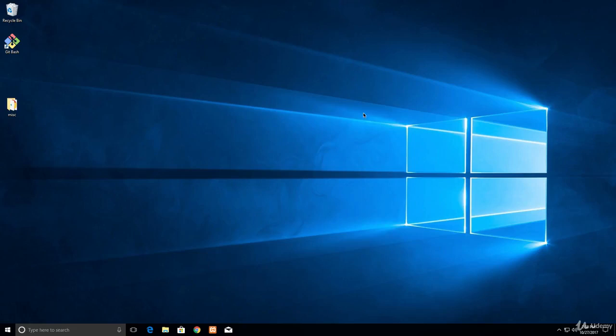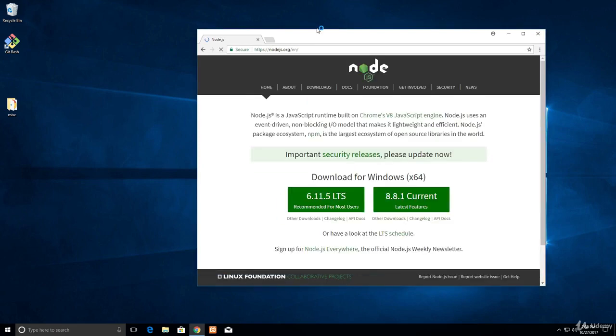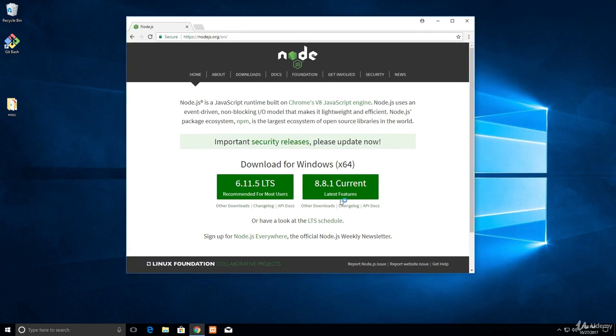So for Windows users, installing Node is pretty simple. All you have to do is basically the same thing we did for the Mac operating system. You just go to the website nodejs.org, and here you're going to encounter two links. One for the current version, and if you see a higher version on your end, which you probably will, do